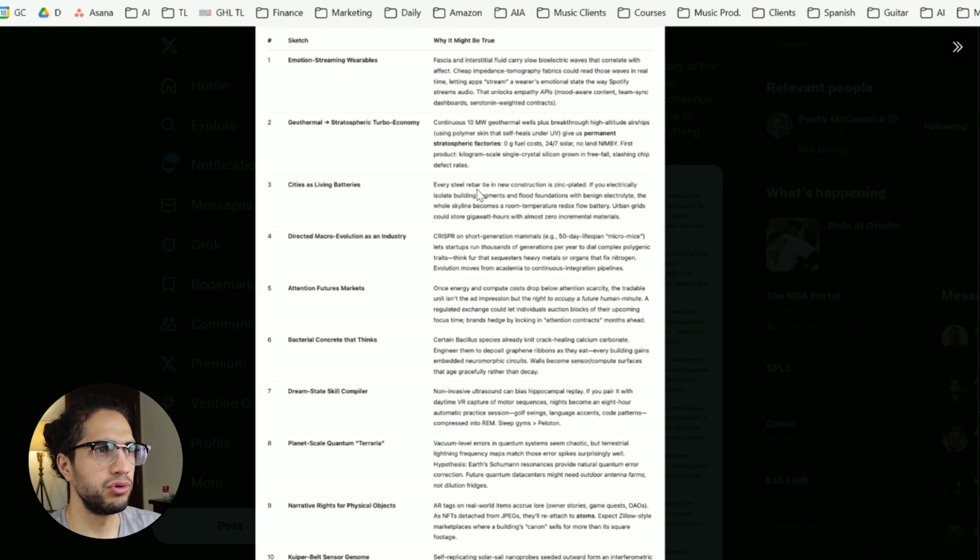Every steel rebar tie in new construction is zinc plated. If you electrically isolate building segments and flood foundations, the whole skyline becomes a room temperature battery. If that's true, that's interesting. Some of this would need to be looked into. So really cool. You get some really interesting ideas. Honestly, I've not thought of any of these that I've looked at or don't understand them, and they require further research, but this is a really cool prompt.